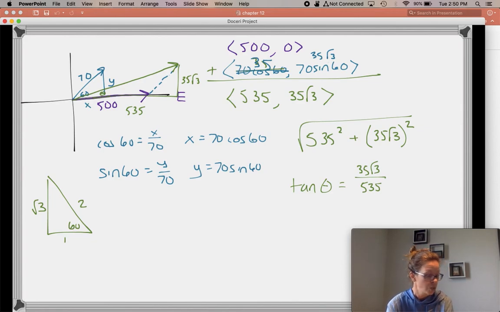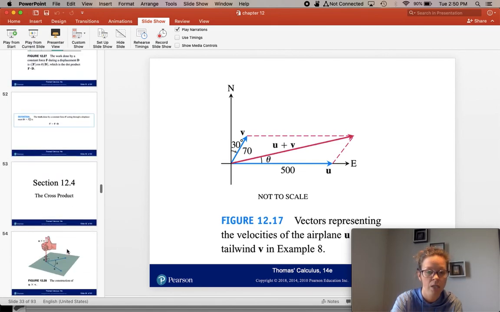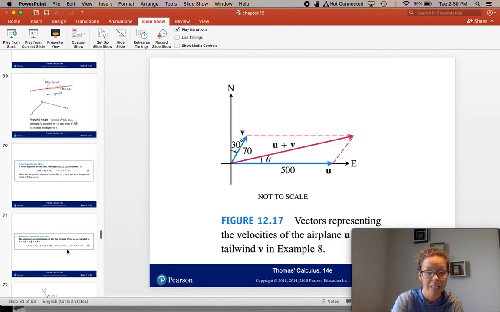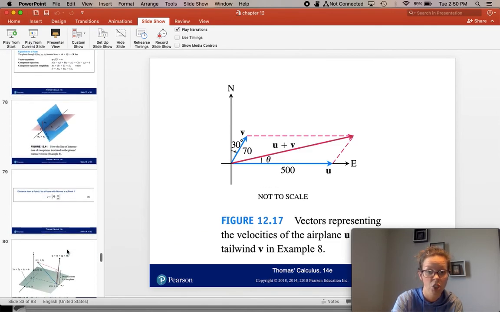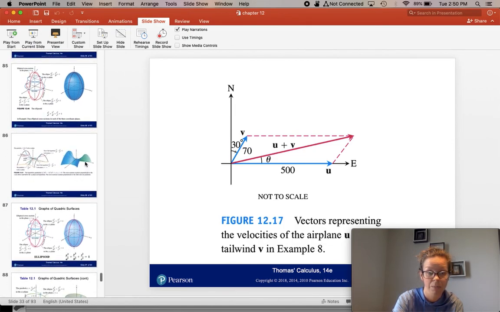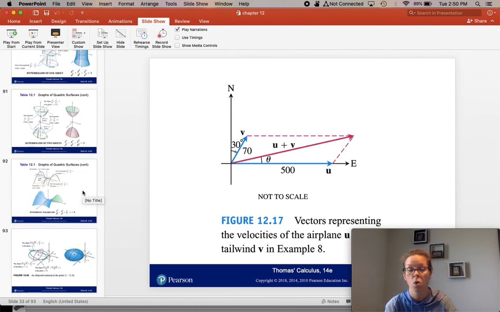Okay, so that is the end of this lesson, and that's actually going to be the end of chapter 12 for us. There are several more sections here in chapter 12 about dot product and cross product and other physics applications of vectors and lines and planes in space, doing more three-dimensional graphing and such, cylinders and quadratic surfaces. That's really getting into some good three-dimensional graphing stuff there. But like I said, we're just trying to intro this. If you go on and take Calc 3, multivariate calculus, you'll get into those surfaces and other applications a lot more. So here, just kind of wanted to